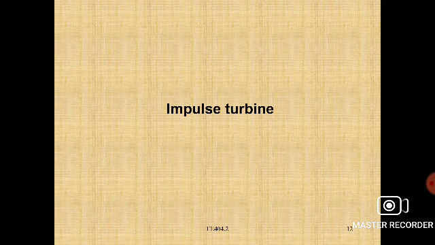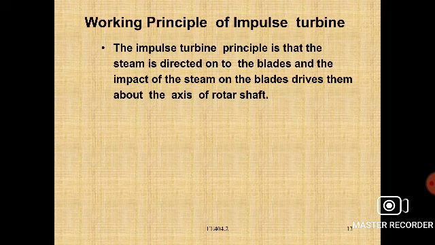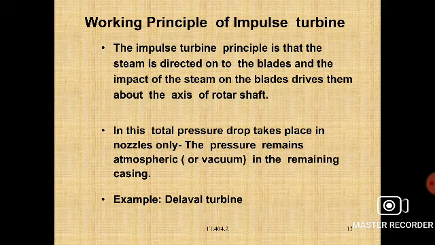As the wheel rotates, each one of the blades fixed on the rim of the wheel comes into the action of the steam jet, which causes the wheel to rotate continuously. This is the main introduction to the impulse turbine. It is during the flow of steam through the nozzle. That is the working principle.